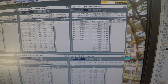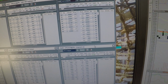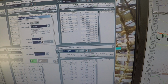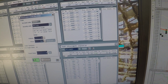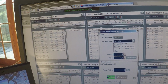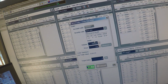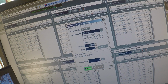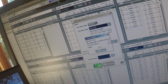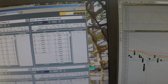Right, so we would notice that the buys and sells are pretty balanced. So we'd place an order here, 3.9. And once again, we'd want to get, what do we want to get? We'll get 130,000 for $5,000 worth. Buy. Okay? Once again, it didn't come up because